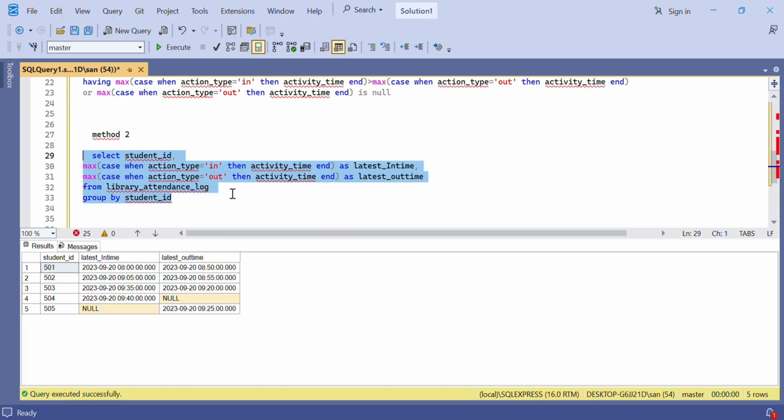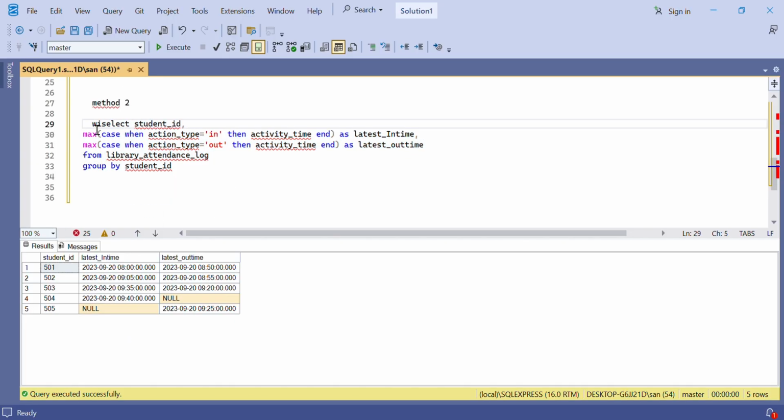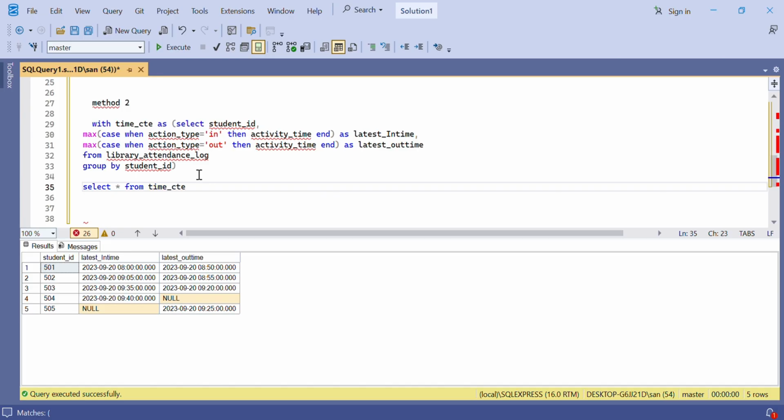So we can use a CTE: WITH time CTE as, and then we can select star from the time CTE where the latest in time is greater than the latest out time,